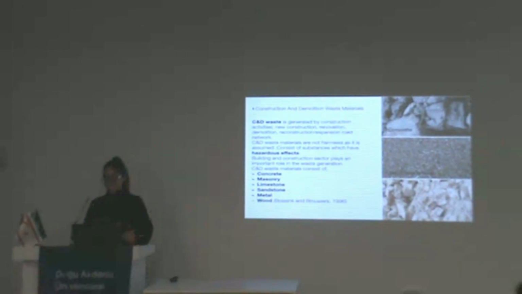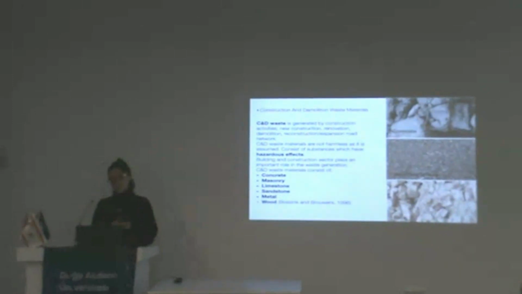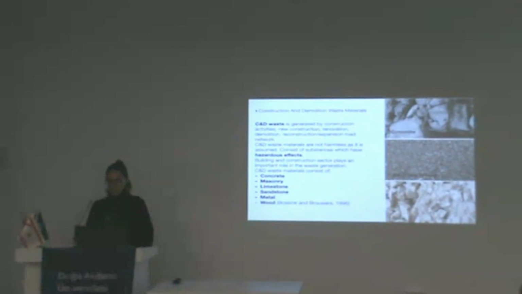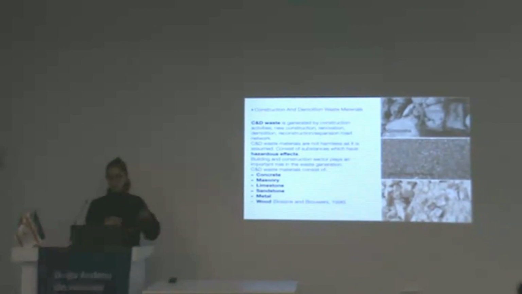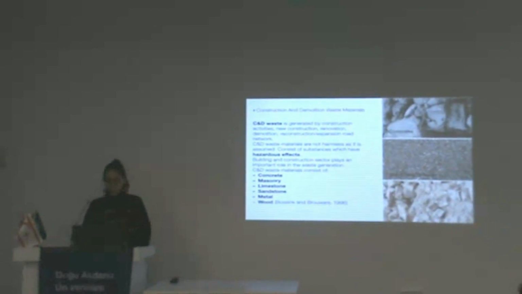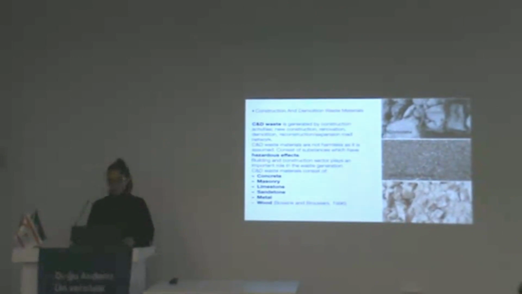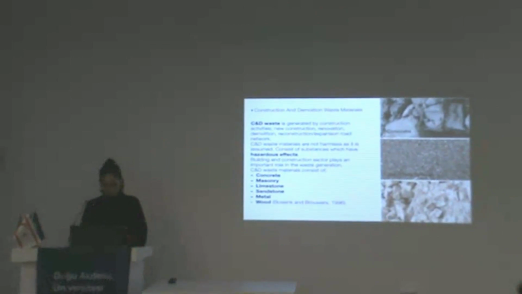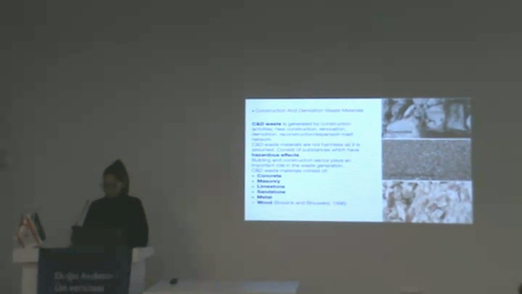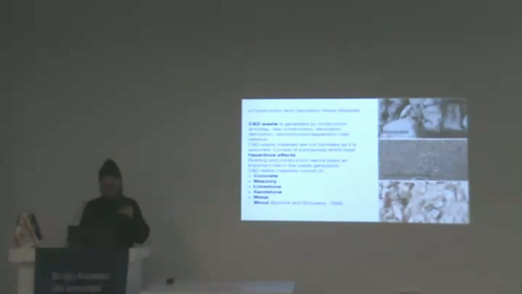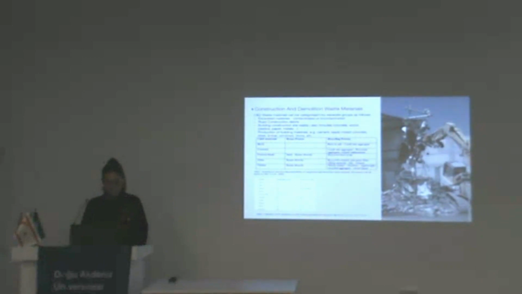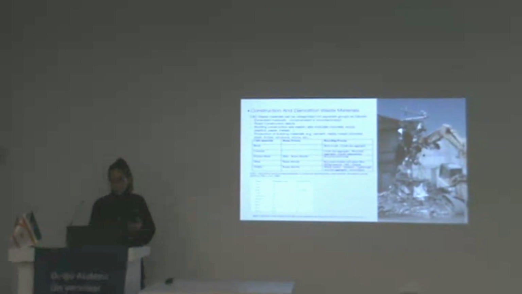It consists of substances when we try to demolish these kinds of buildings. It can contain hazardous effects in different kinds of materials. And when we go through these materials, we can say that concrete, masonry, limestone, sandstone, metal, and wood can be counted in this list. We can also separate these materials into different groups, like excavated materials, road construction debris, building construction site wastes, and